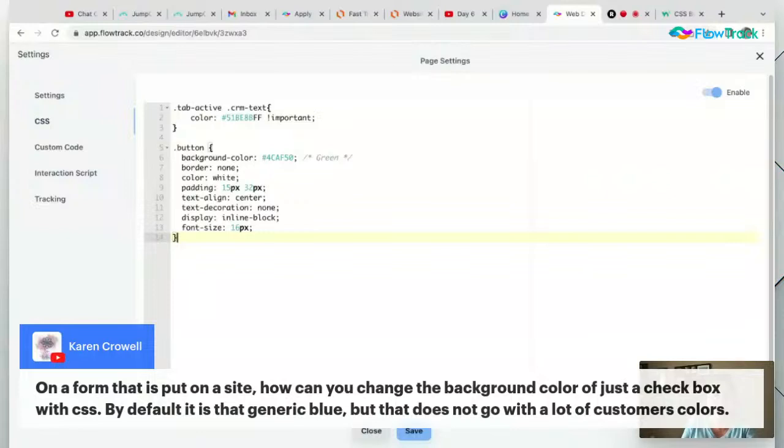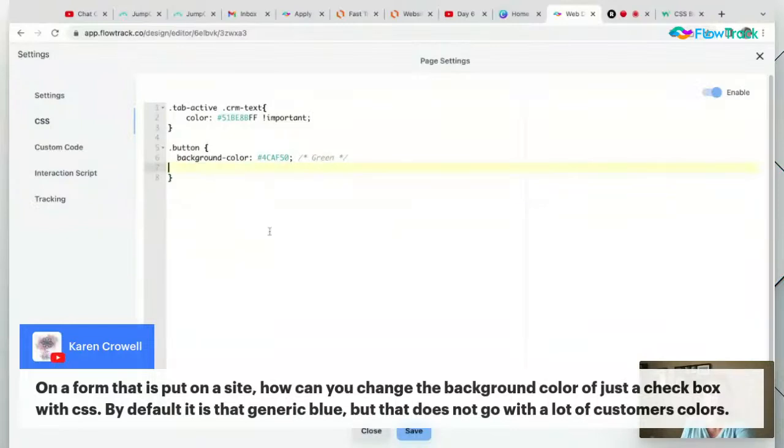In this case, we're saying all buttons. I would like the background color to be something else. Now, if I don't need any of this stuff, I delete it. And in this case, it says it's green. Keep in mind, you might have to put important on there. Might have to put important on there, right? And then when you hit save,